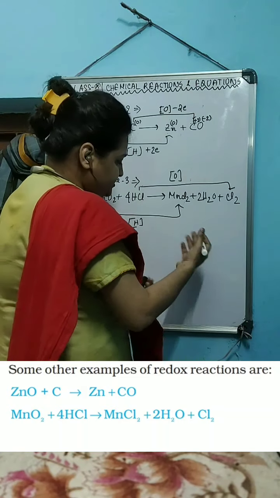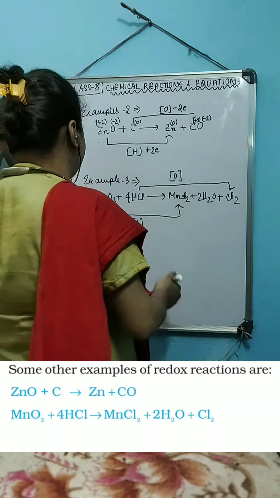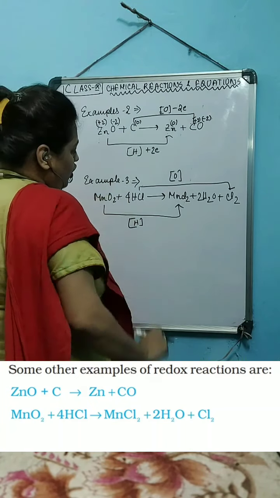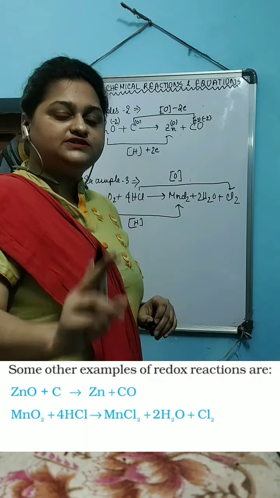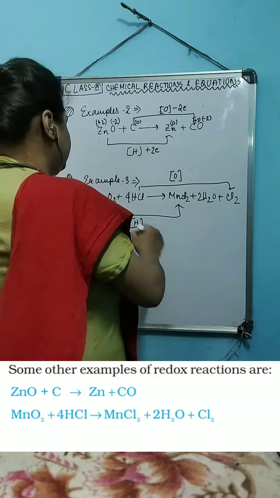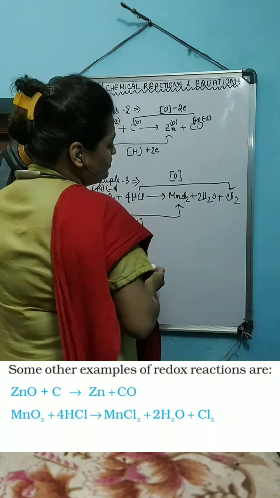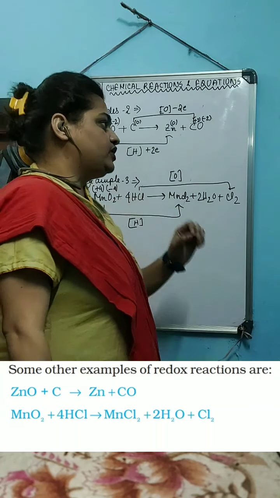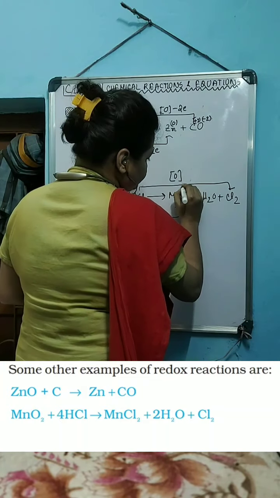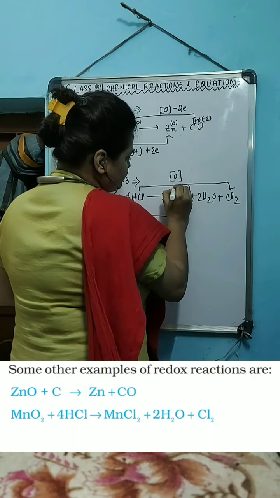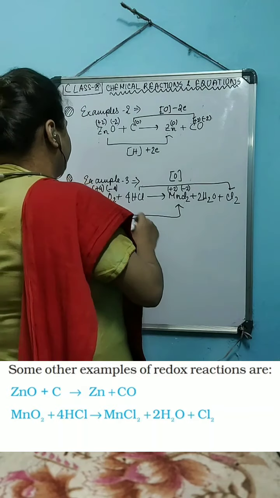Now, to explain this with the help of the electronic definition, again we need to put the oxidation states first. Here, there are 2 oxygens. Each oxygen gives a -2 oxidation state, so 2 oxygens in total give -4. So manganese should be +4 here. In this one, each chlorine gives a -1 oxidation state, so 2 chlorines in total give -2. To neutralize this MnCl2, manganese should be in the +2 oxidation state.